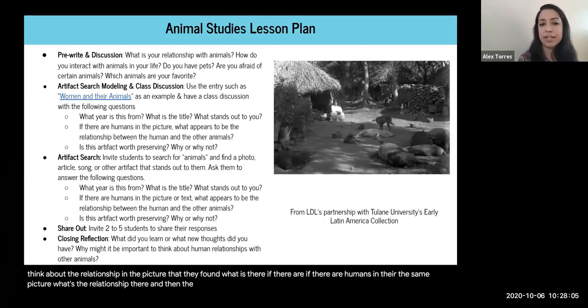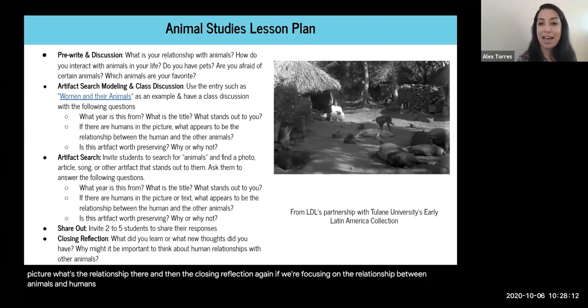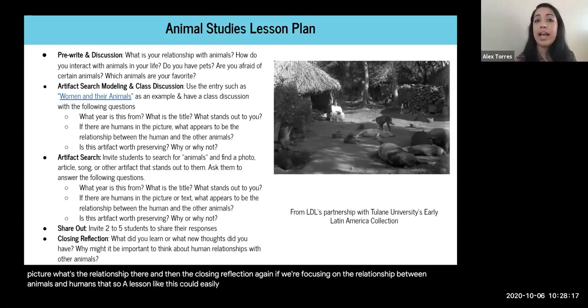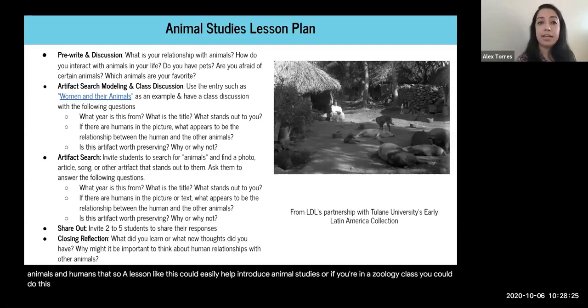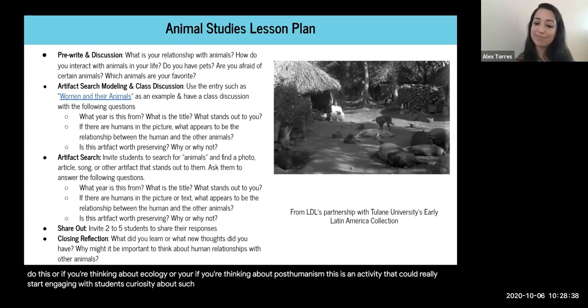And then the closing reflection, again, if we're focusing on the relationship between animals and humans, have them really think about that. So a lesson like this could easily help introduce animal studies, or if you're in a zoology class, you could do this. Or if you're thinking about ecology, or post-humanism, this is an activity that could really start engaging with students' curiosity about such things. All right, so